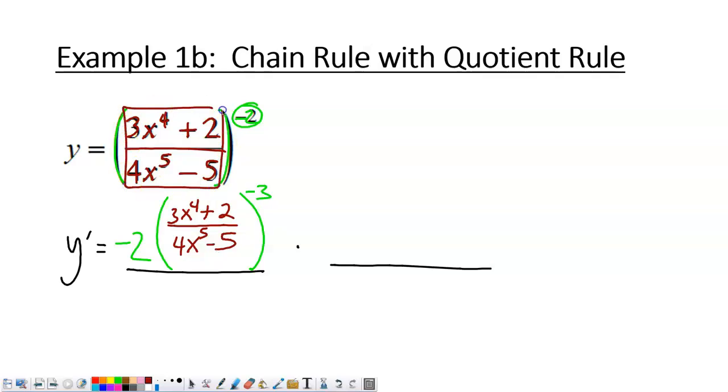Now the inside is the quotient. So this is where I'm going to do the quotient rule, which is low d high. Remember the little rhyme I gave you? Low d high minus high d low. Draw a line and square below. It's that one. So low